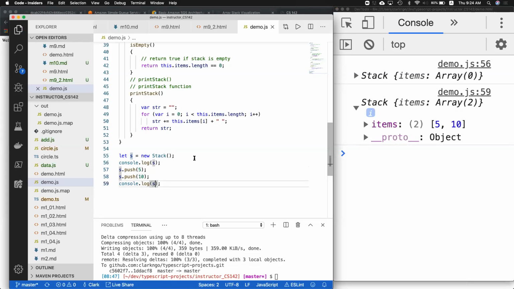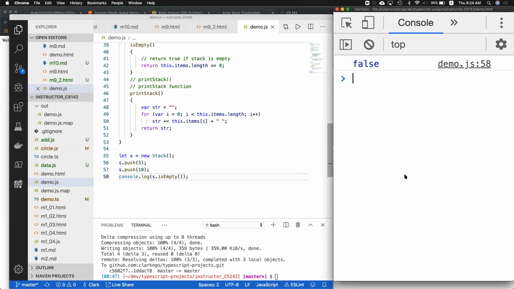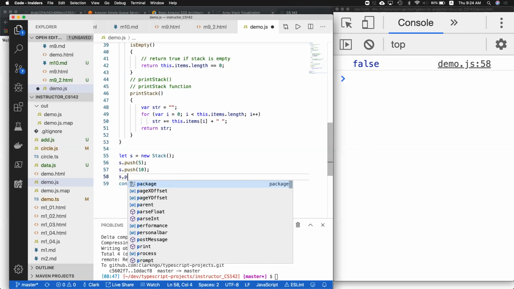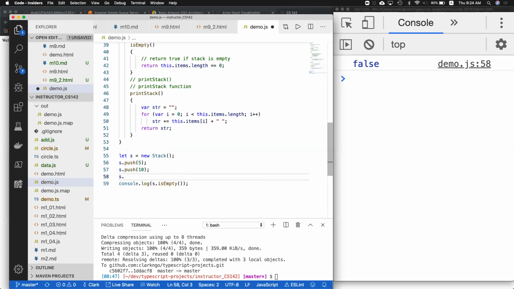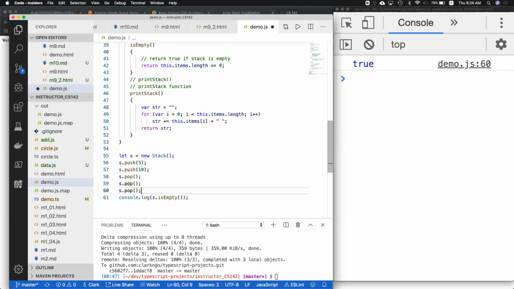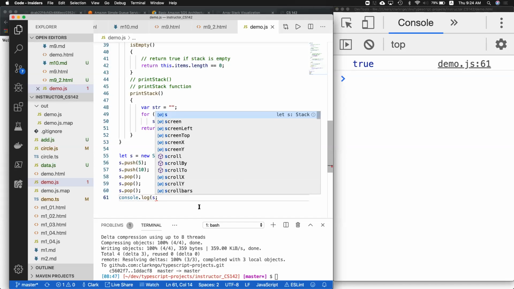Let's say let's remove this now. s.isEmpty does not need any parameter. Returns false. But if you do pop, and pop, it'll be true. And if you pop again, oops, and let's say check the stack,